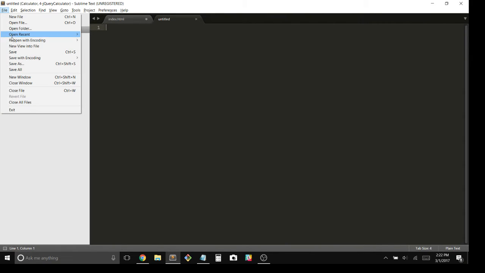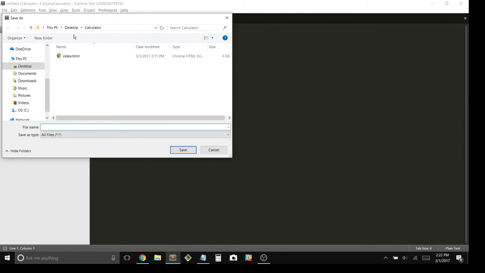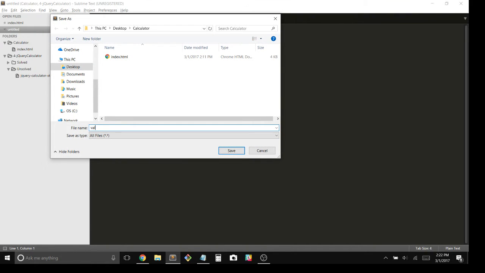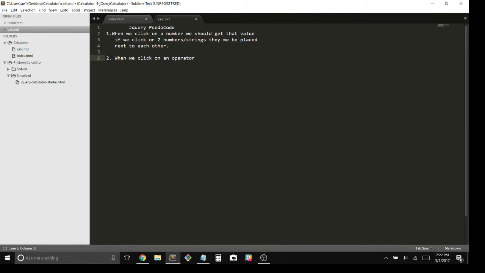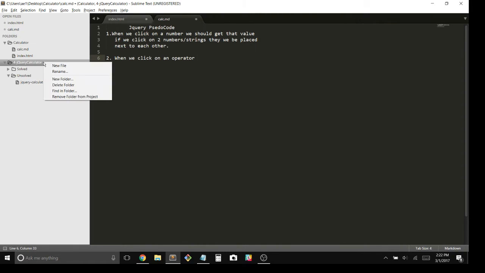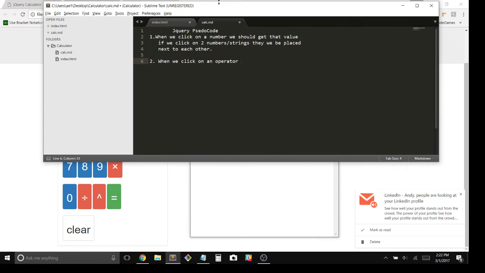Let me save it as calculator, let's call it calc MD. Okay, so when we click on an operator, we want it to